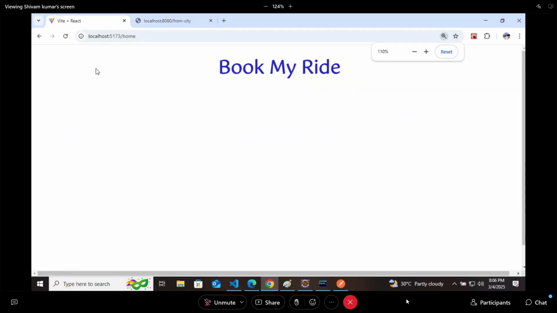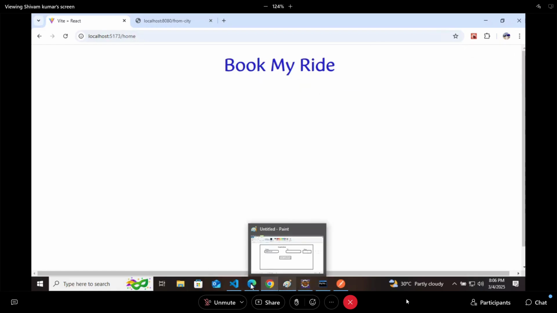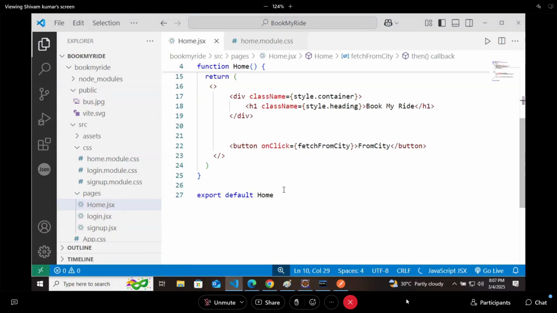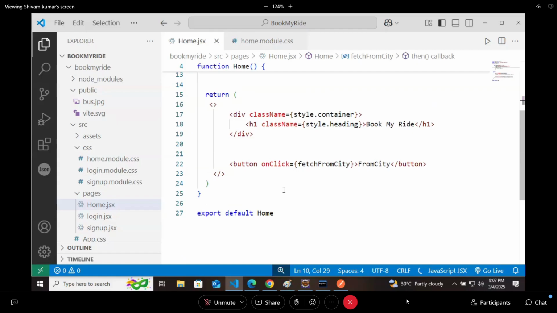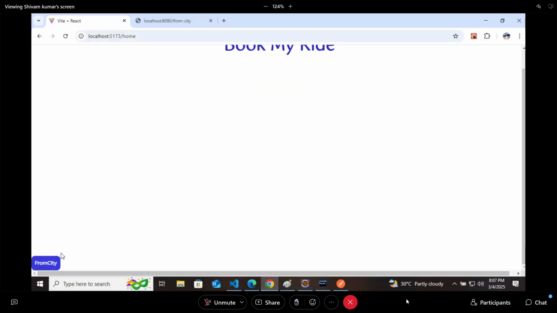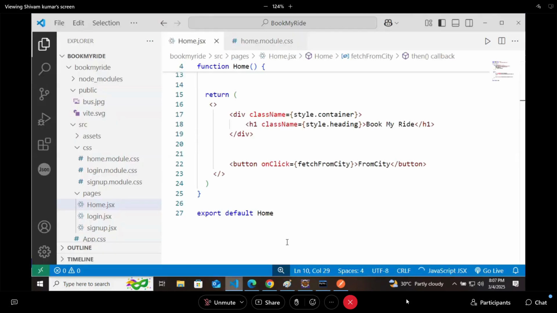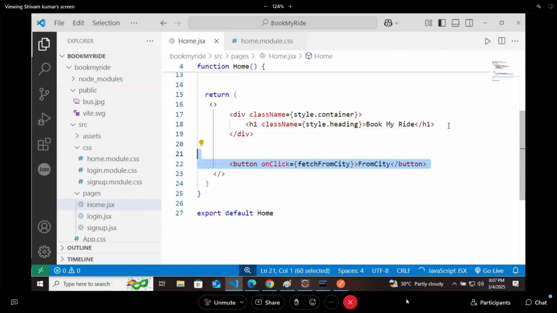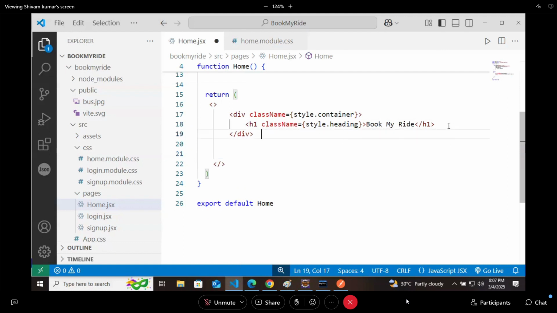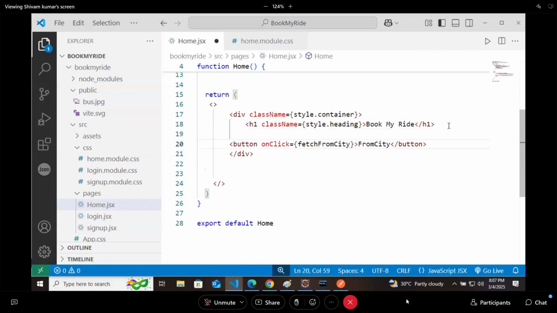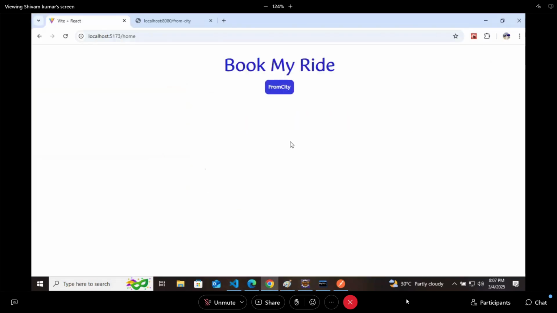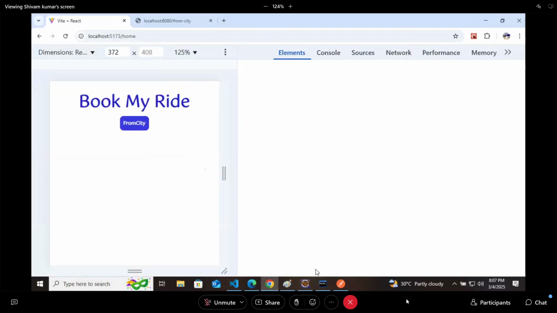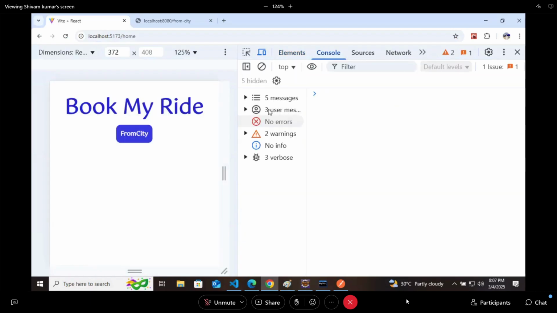Where is the button, by the way? What the hell, where is the button? Okay, here it is coming. So I will create it in the same div so that we can check it like that. So this is my button, and this button should be able to fetch the value Hyderabad,